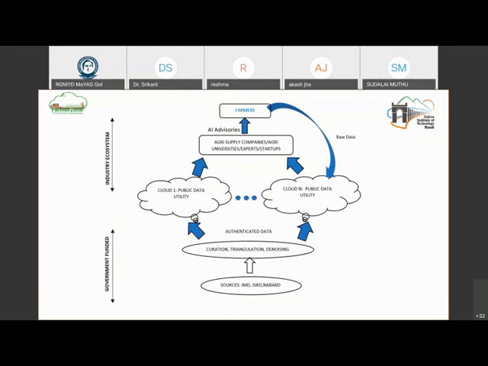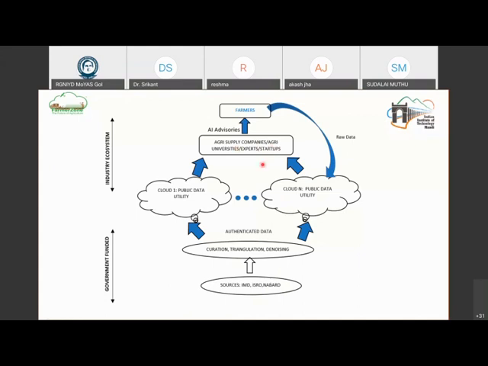So the idea of the Farmer Zone platform is that you are going to have sources of data, say from the public and private entities. I have not drawn private over here, but public entities like IMD, ISRO, and NABARD, which is the National Rural Development Bank. And then how do you curate the data and do all of that? Then storage of data on cloud systems, which are public data utilities. Then this data is fed to agri supply companies or agri universities experts like the Krishi Vigyan Kendriyas, KVKs. These are all extension units set up to help farmers.